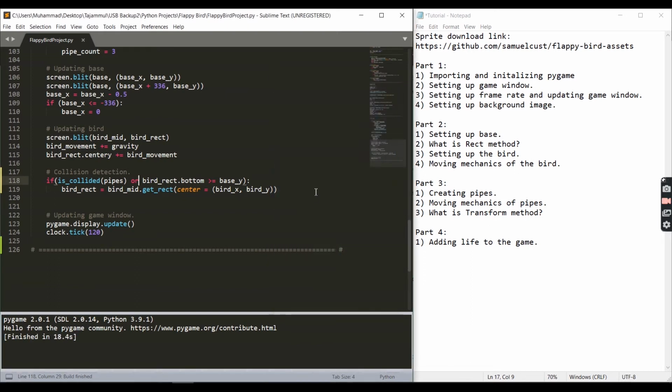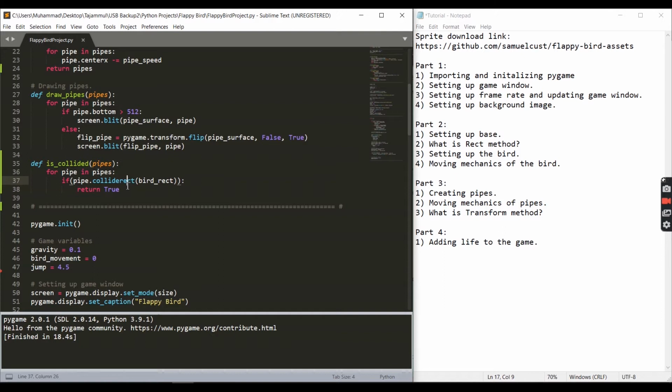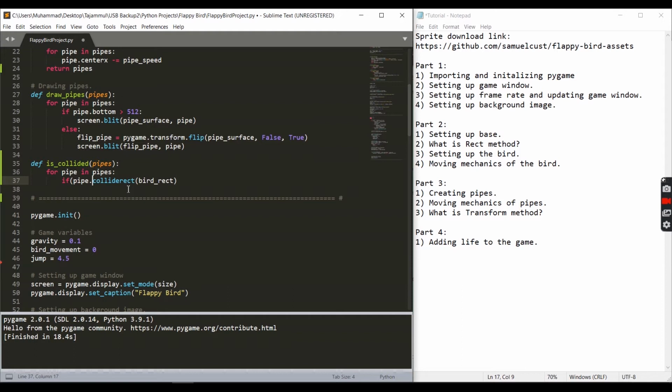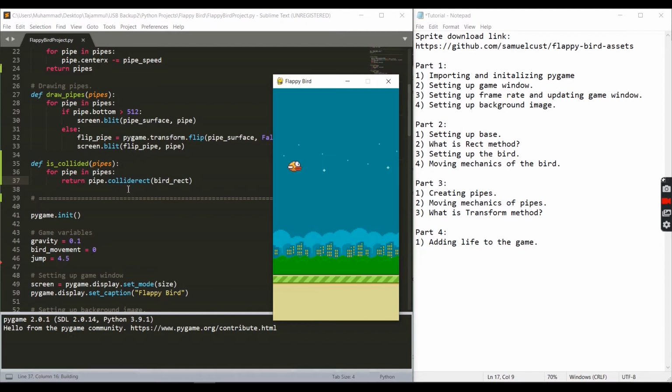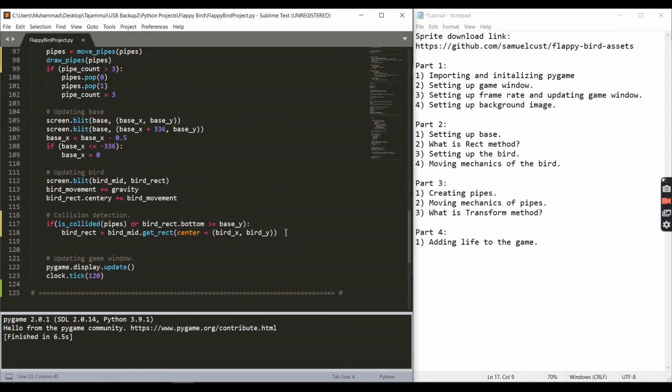Okay. So we don't have to use that if operator there. We can directly just return the value. I think this should work. Yes, so there is nothing wrong with that. Okay, so what we need to do other than that is we need to